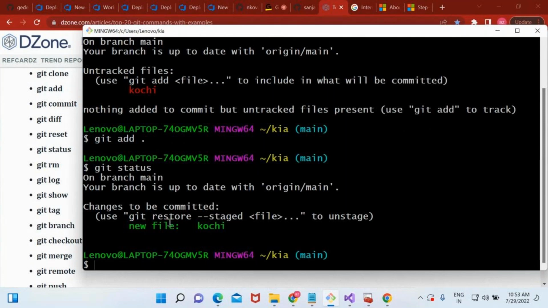Now unknowingly I just added this Kochi file. I want to get it back again. That means I don't want to track it. I want to make this untracked only. Is it possible? Yes, it is possible, with the help of a command called git reset. Whatever files you have added to git,